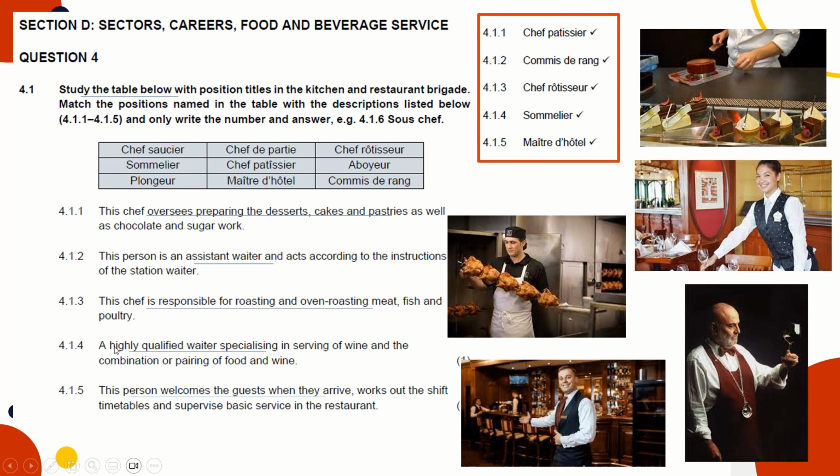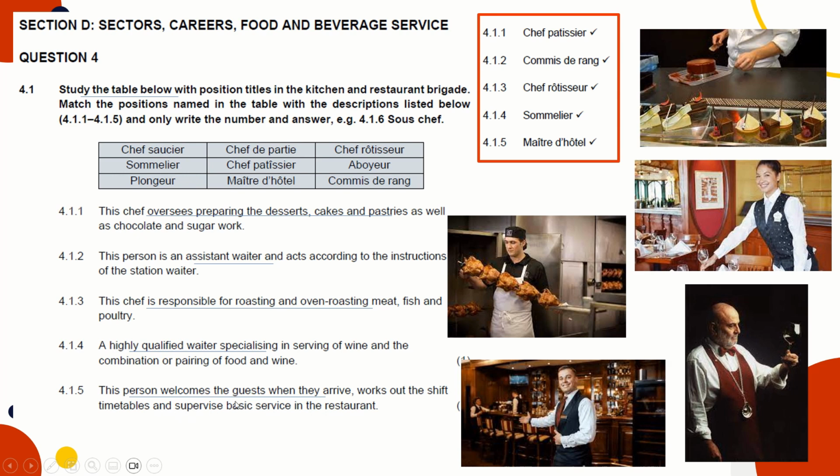And then question 4 are highly qualified waiters that specializing in the serving of wine and the combination or pairing of food and wine. So this person is a connoisseur wine steward, and he is known as a sommelier. He do have a very wide knowledge of pairing wine to food. And then